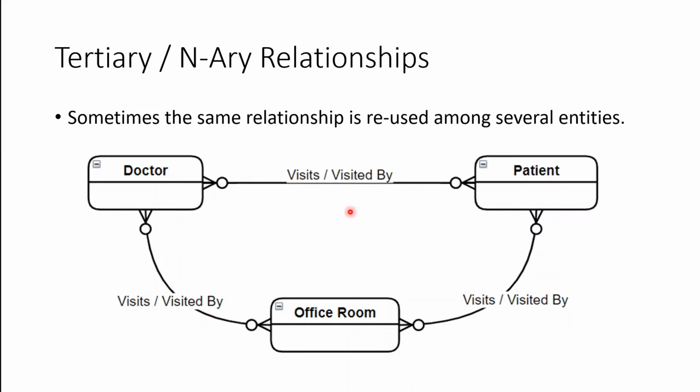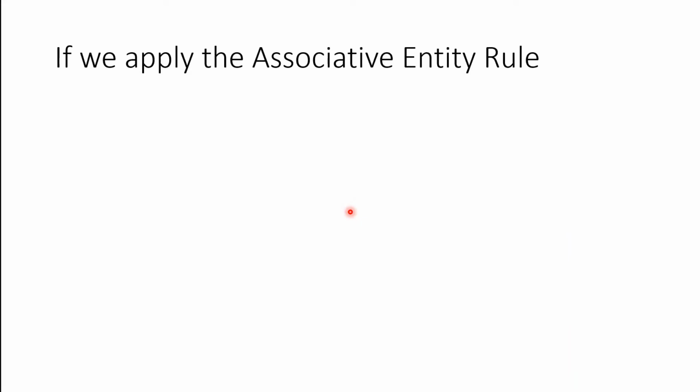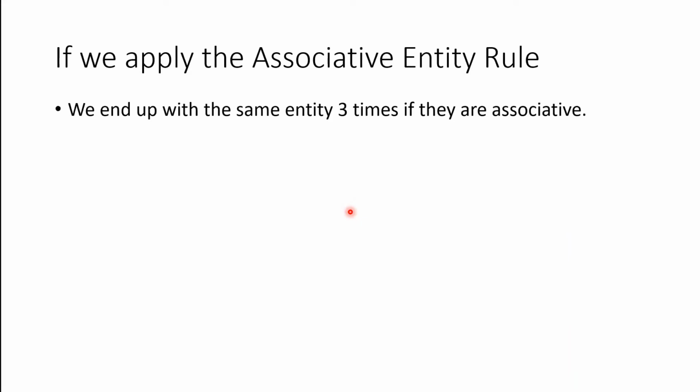Okay, so you see what's going on here. This is the same relationship. So this needs to be resolved. You shouldn't leave it like this. If you don't resolve it, watch what happens. If you don't resolve it, we might say, all right, there's an attribute associated with this visit, the date and time of the visit. So in which case you would resolve all of those many-to-manys using the associative entity rule